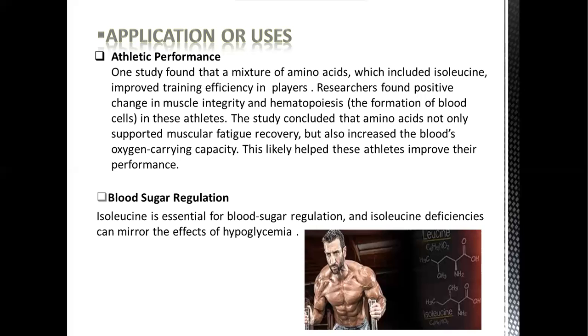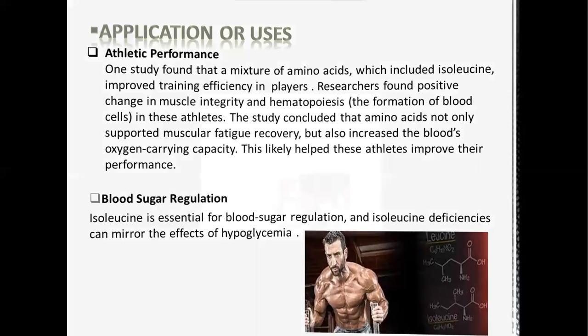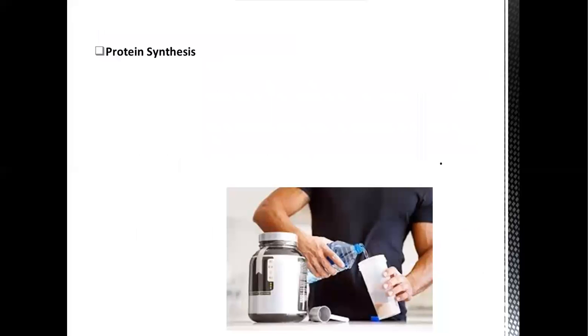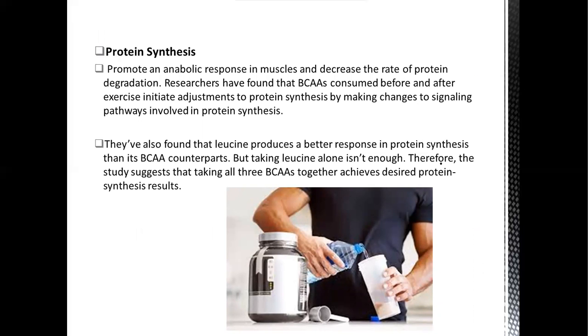The next use is to regulate blood sugar. Isoleucine is essential for blood sugar regulation, and isoleucine deficiency can mirror the effect of hypoglycemia, which means a low blood sugar level. The third use is protein synthesis: it promotes an anabolic response in muscles and decreases the rate of protein degradation. Research has found that